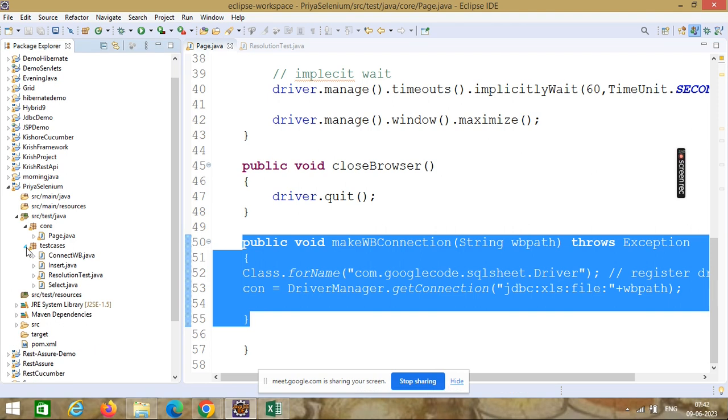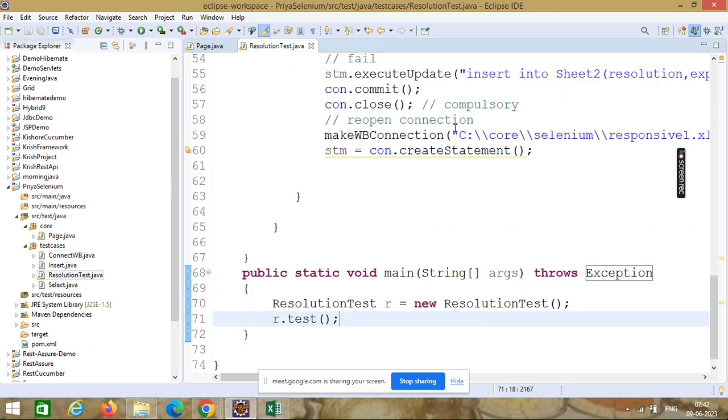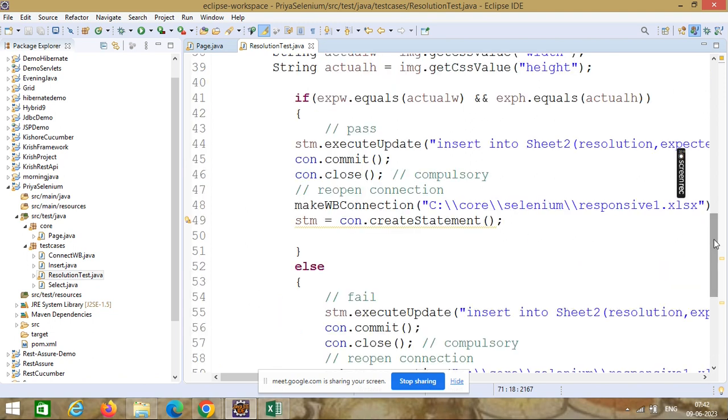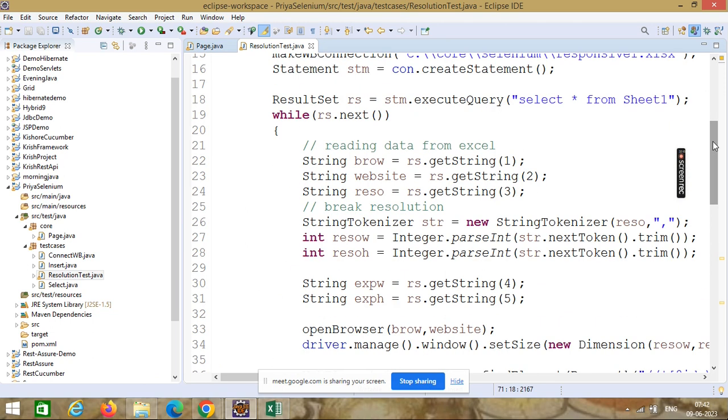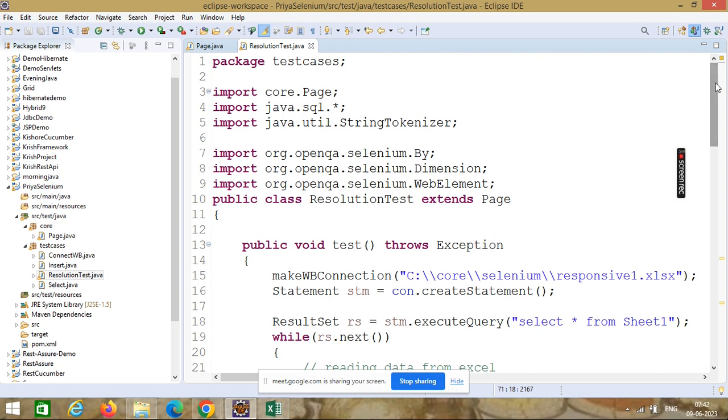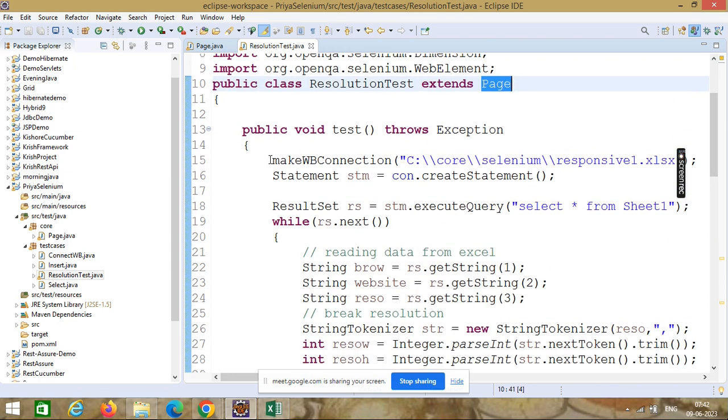Then in test cases, wherever I inherit this Page.java, I will get open browser, close browser, and open connection with the Excel workbook. Extends Page. So now I am reading the data from the Excel sheet. First of all I will open the connection with the Excel sheet, then read the data from the Excel, select star from the sheet, while I was reading the data from the Excel.